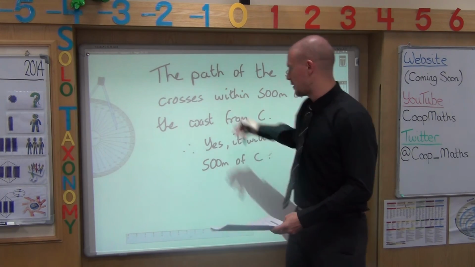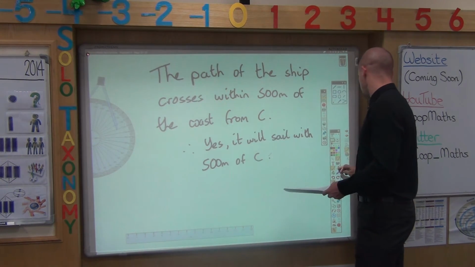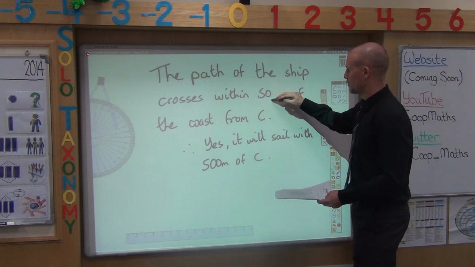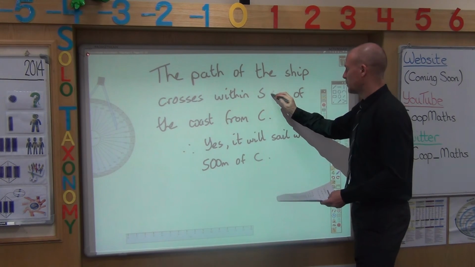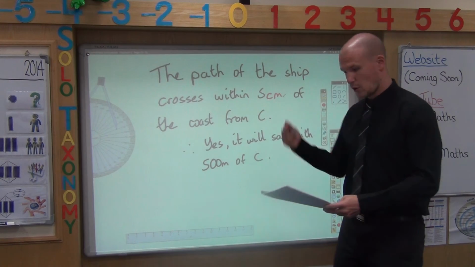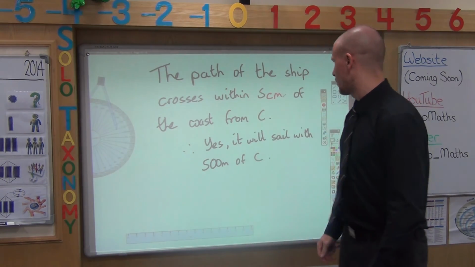A correction based on that first statement, because we drew that, I shouldn't really put 500 metres here, because what we drew wasn't 500 metres, what we drew was 5 centimetres. Okay, so on your picture it crossed within 5 centimetres, so in real life the path would have crossed